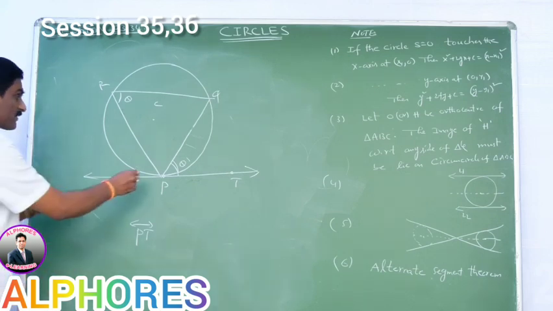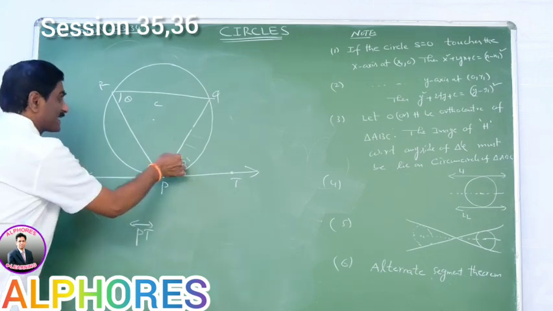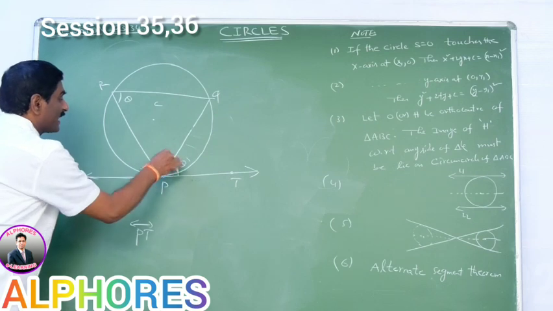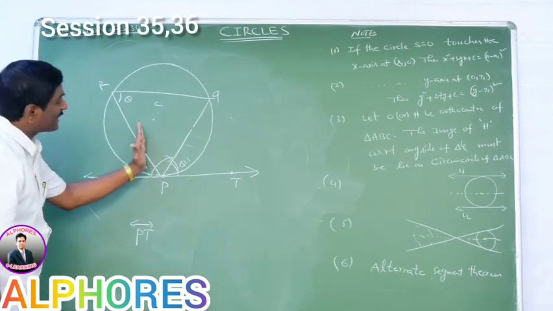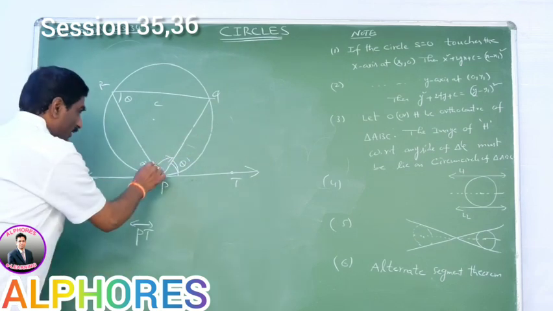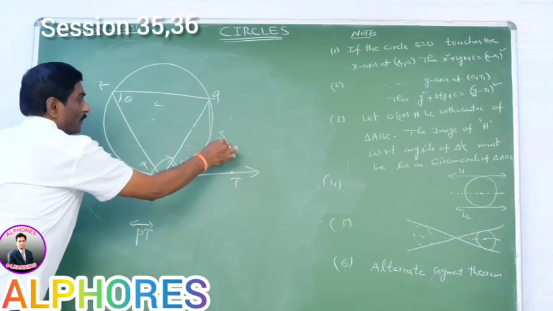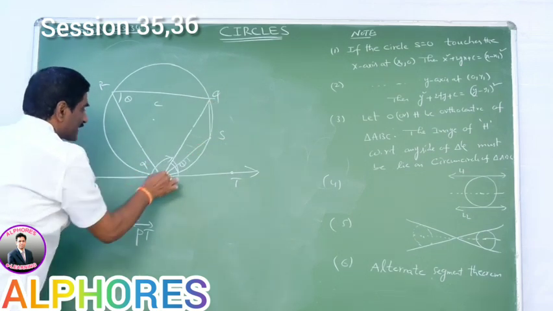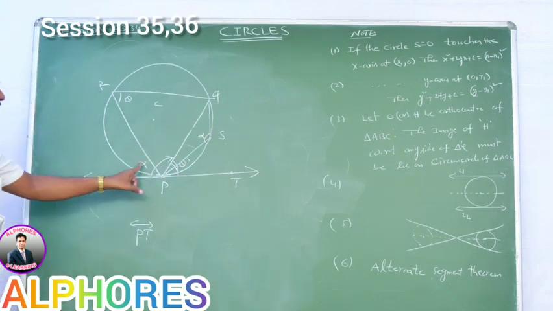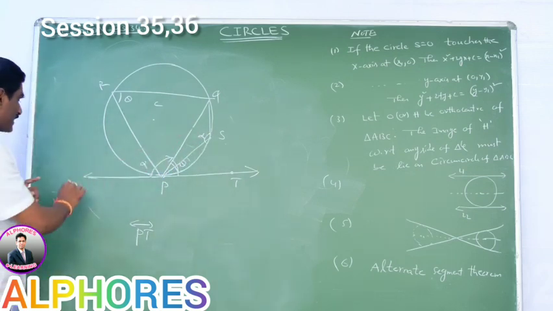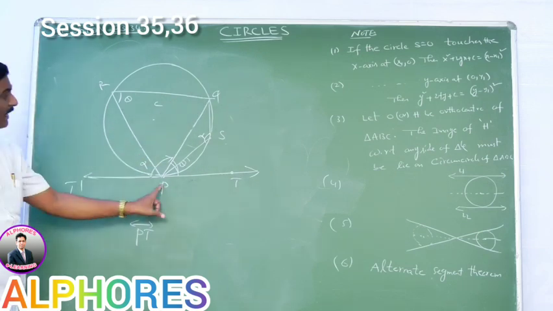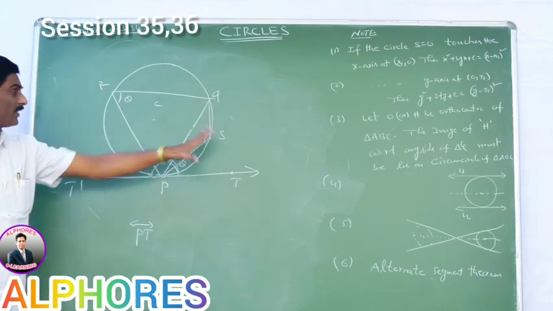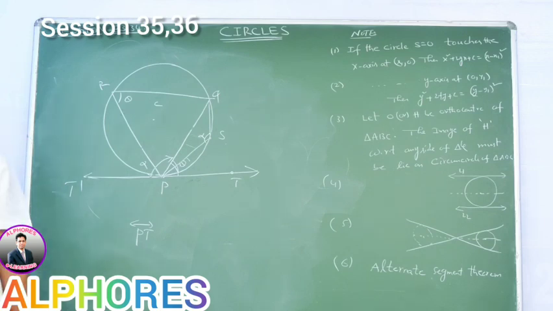Suppose we take this value. This is the tangent, this is the angle. Say this angle is alpha. The corresponding segment is this one. Alternate segment is opposite. So this alpha is equal to the angle at, say, this point S in the alternate segment. Then this angle is equal to alpha. Say this point is T dash. Angle QPT dash is equal to angle PSQ. Okay, very, very important, alternate segment theorem. Please note the diagram.